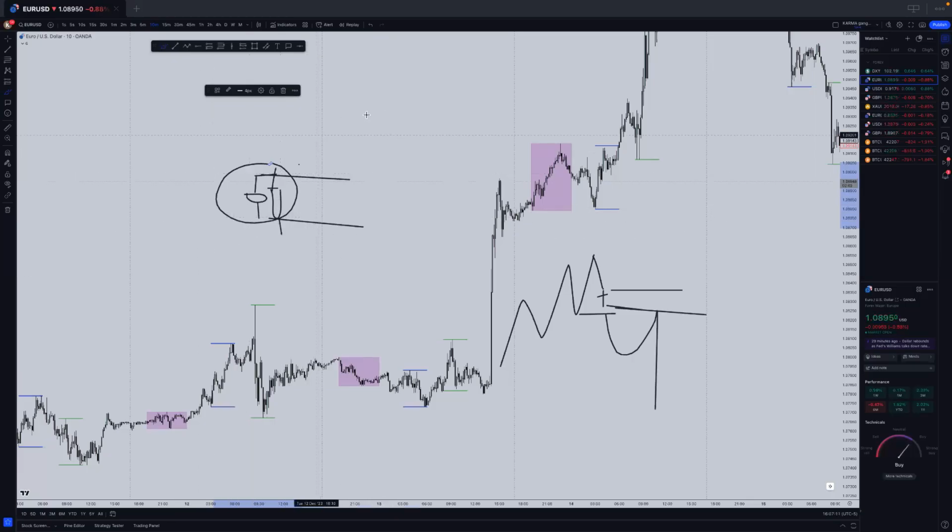The second one is just the indecision candle itself. This is likely to be one. You won't see a candle at the left. It will just stand alone, like what EUR/USD did today, right? And the third one is which one? The indecision candle takes care of a particular liquidity to the left, like this.